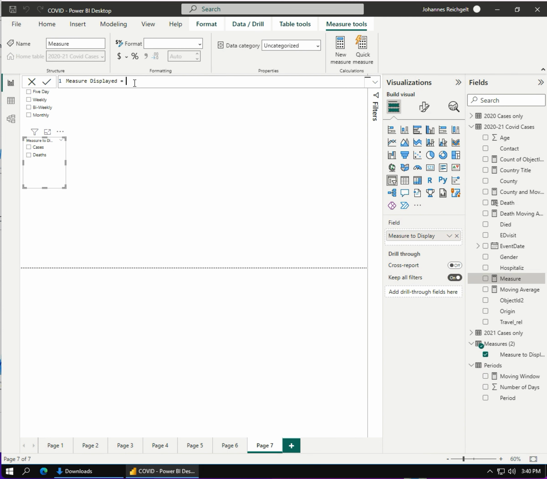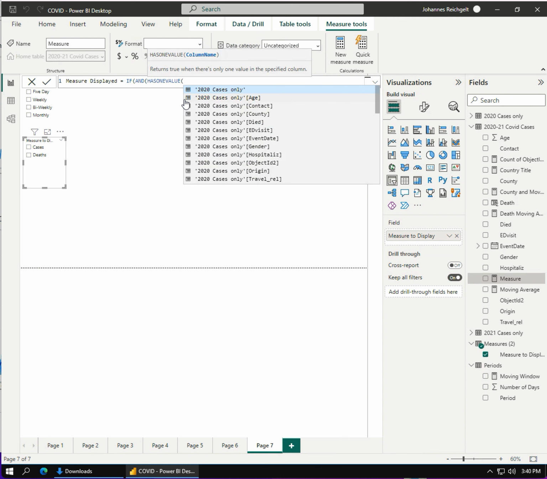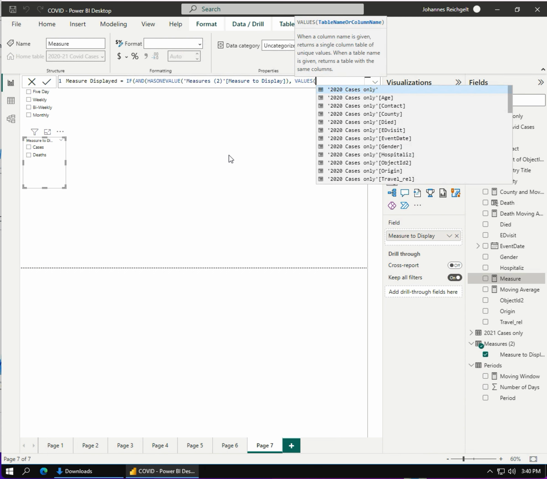And what we're going to say is that if it has one value, and then we need to go to measure to display, if it has a single value, and that value is